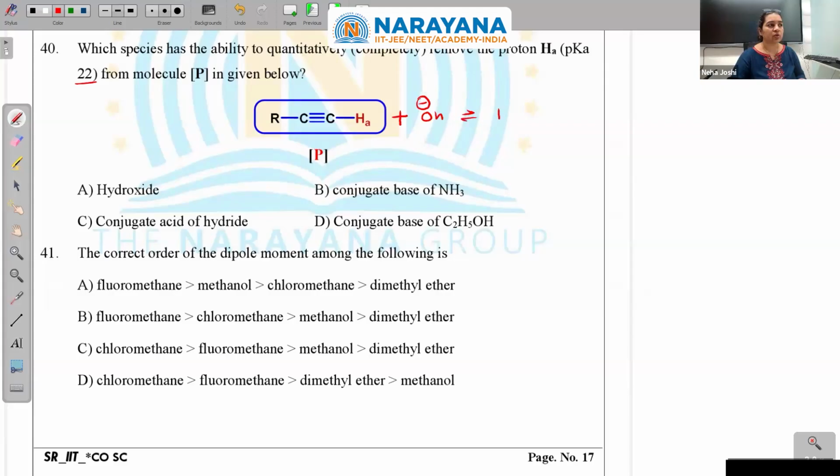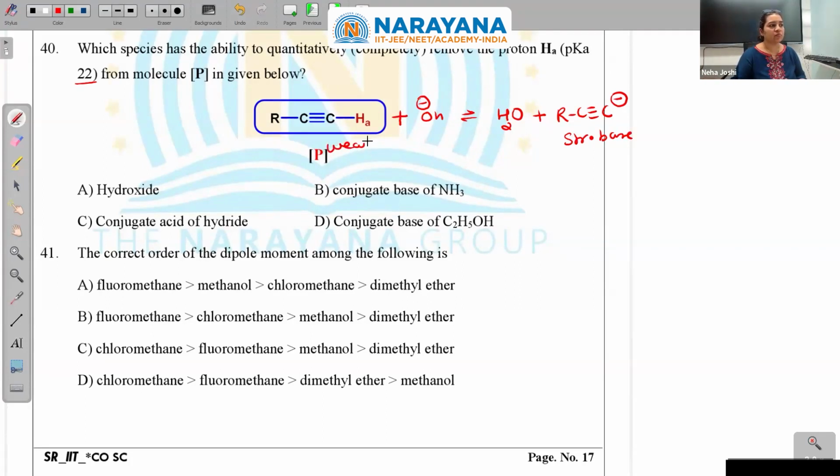If I go with HO minus, it is H2O, and one has RC triple bond C minus. So if I compare the conjugate basicity, this is a stronger base,